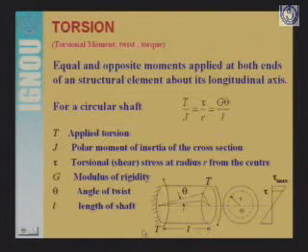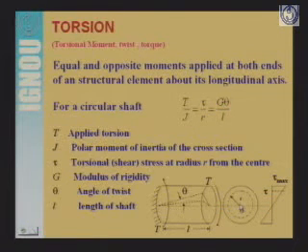Then for this case we can write a relationship between these different elements as T by J equals tau by R equals G theta by L. T you know, torsional moment or torque, J you know, polar moment of inertia of the cross section, tau is the torsional stress, of course the shear stress, torsional shear stress at radius R,